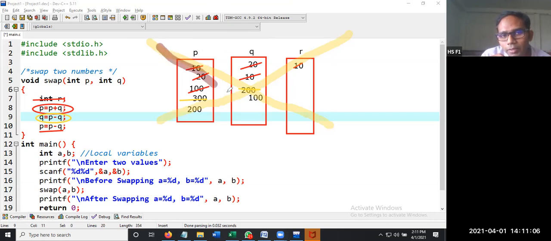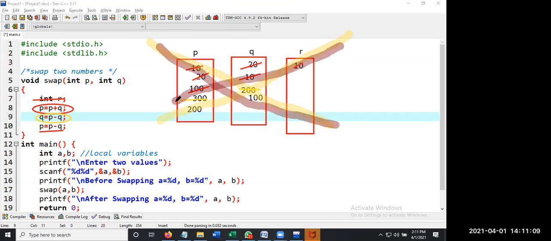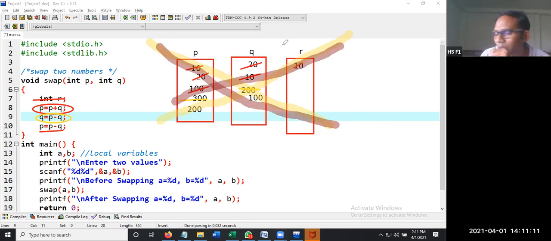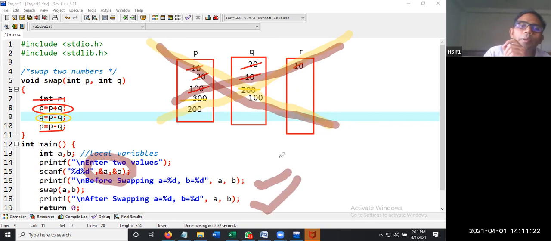Am I clear? This memory will be deleted. So whatever modifications are performed on the local variables will be permanently lost, and whatever values are available here in scanf will remain as they are. There won't be any change.